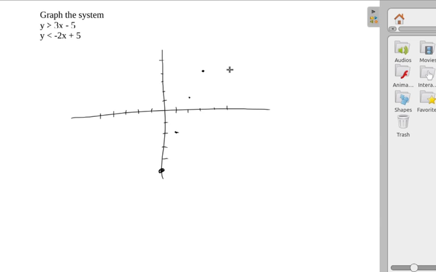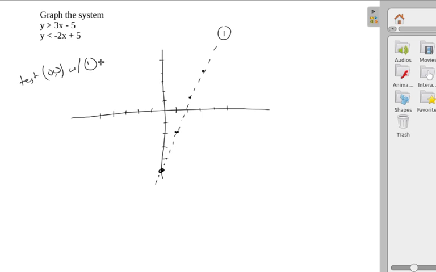line is decently accurate. Before I draw the line in, I want to figure out, is this a dashed or a solid line? And you can see this should be a dashed line because it's a strict inequality. So I'll go ahead and draw that in here. And I'm going to label this as line 1, in case I need to consult this later on. The last step I'm going to do is I need to figure out which side of the line I'm going to test. So test 0, 0